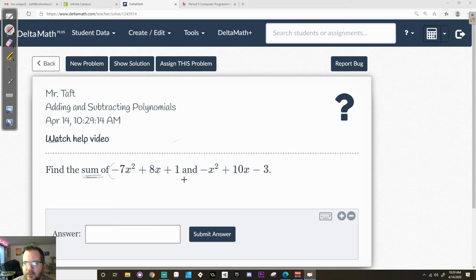So I'm going to put them both in a set of parentheses. And in this case, order does not matter because it doesn't matter with plus or minus. It only matters if you're looking at subtract from. So one set of parentheses is going to get the first thing. So one set is negative 7x squared plus 8x plus 1. And then I'm adding that to,